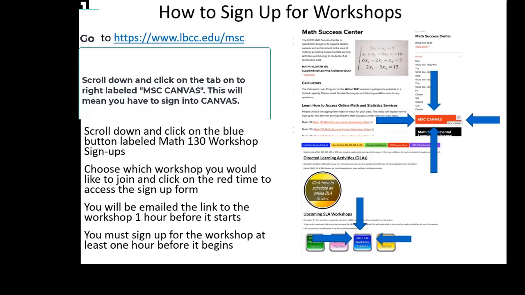Click on the blue button labeled Math 130 Workshop Sign Up. Then you will see a list of several workshops being offered. On the right-hand side of each workshop listed, there is a time in red for each workshop that is being offered. If you see a particular workshop that you are interested in joining, then you would click on the red